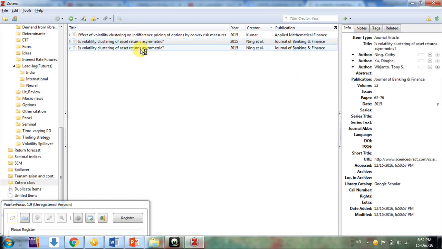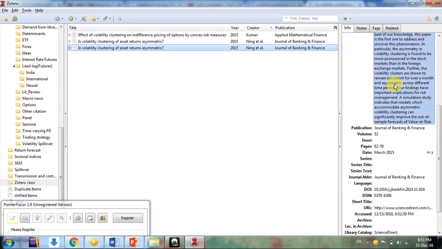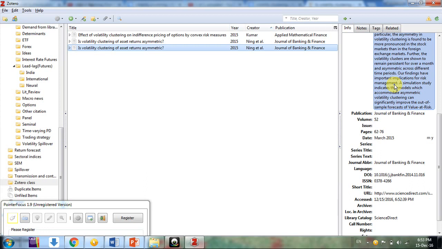But if I add the paper using the publisher's website, now I can see more data is with me. So the chances of losing metadata are very low when we add using the publisher's website. So this is the way, friends, we can add papers using this extension in a very fast manner.